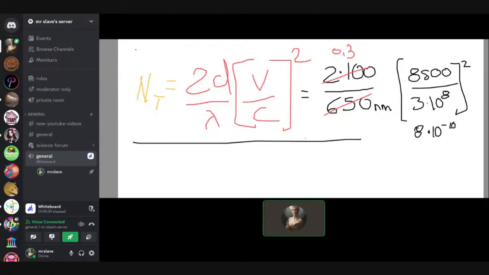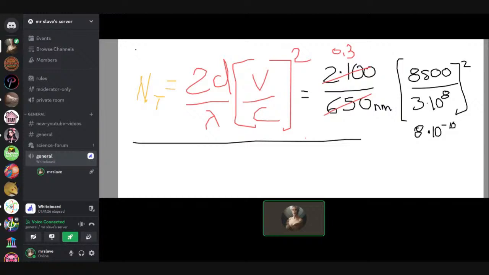So again, let's start with negative 10. Times 8 divided by 0.3, inverse. 375 million divided by,